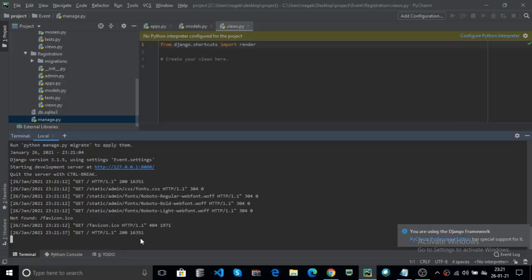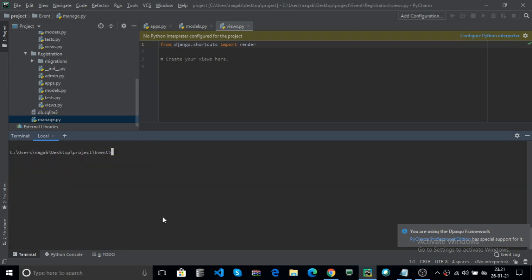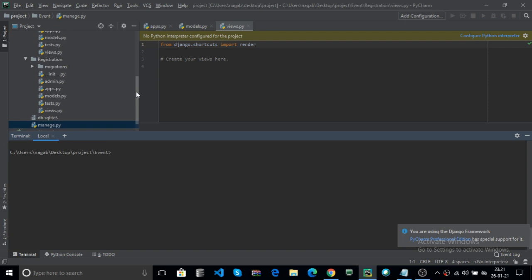Now, how to handle HTTP requests and HTTP responses. Here, open your views.py in any app. Every app is, for example, your web page. What is a website? A collection of web pages is called a website. Now in the registration app, open your views.py. We will discuss render later.